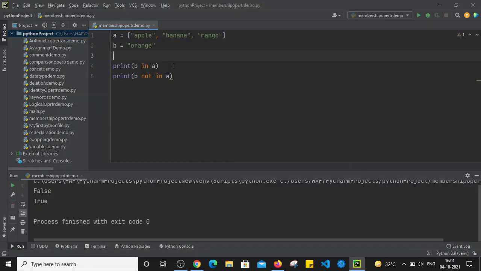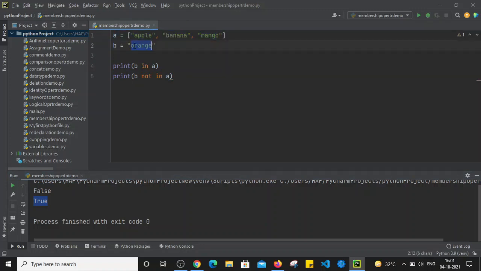This statement returns false because the value of B is not present in A, and similarly B not in A returns true.